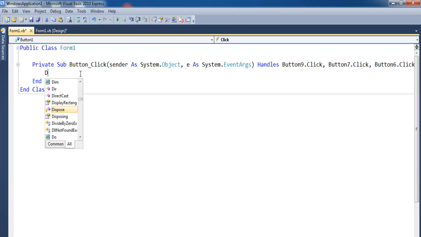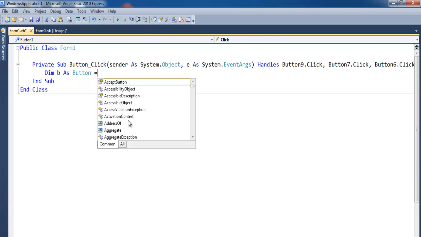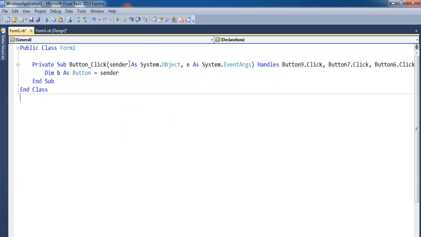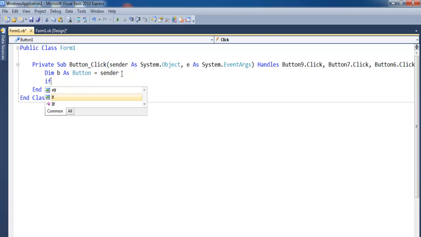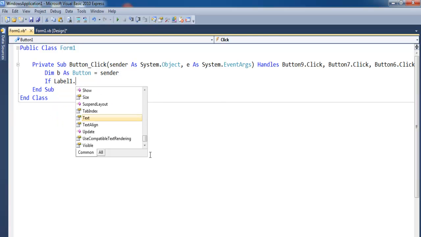So I'll declare my variable b. Let's declare b as button, b as button equals sender. The sender that I'm referring to, that's it right there, is to send whatever information is on that button. So I will start by then saying if label 1 dot text